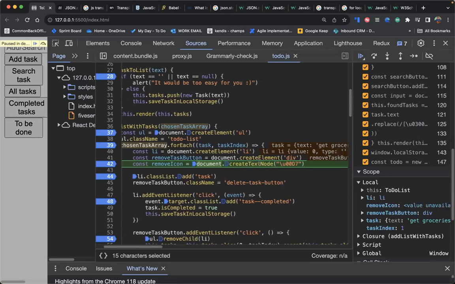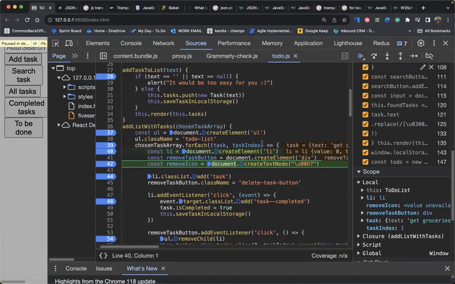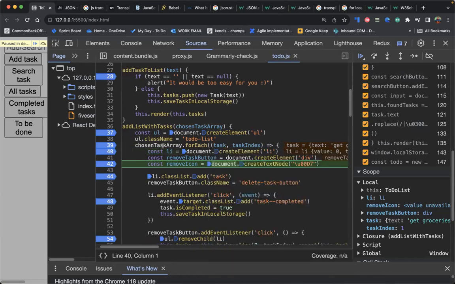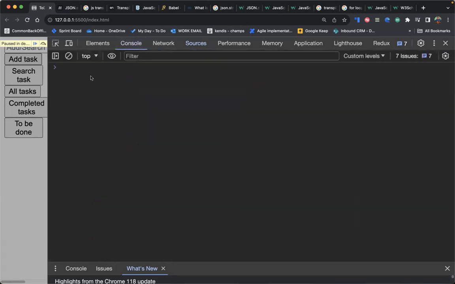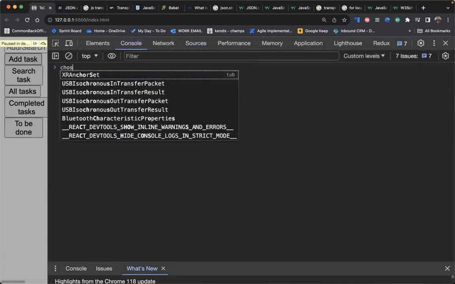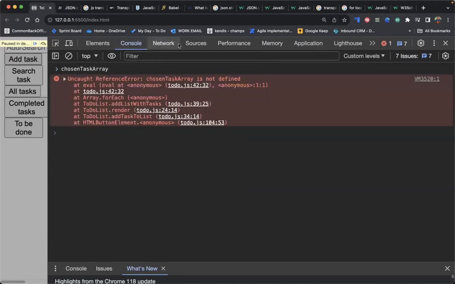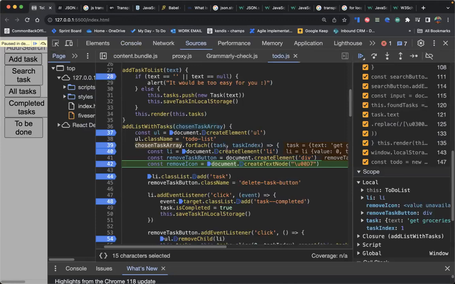Look at this. Current task I am referring to is get groceries. Is the current task that I am referring to. Your chosen task array is having objects. You just hover on it. Chosen. I'll show you why this is being undefined. If you observe,